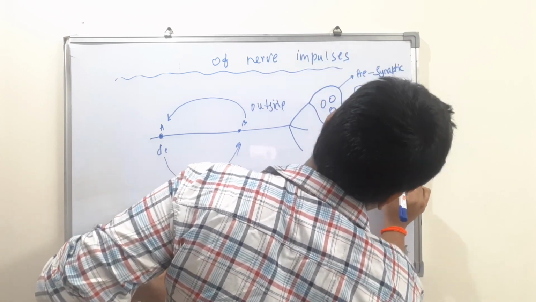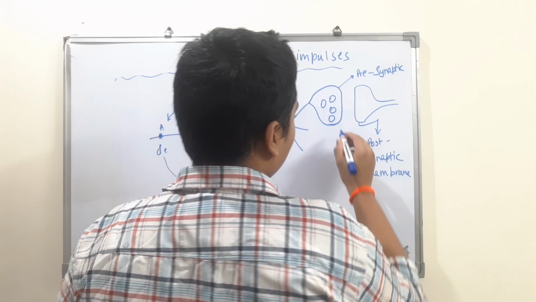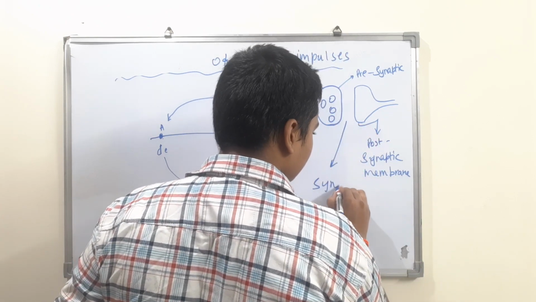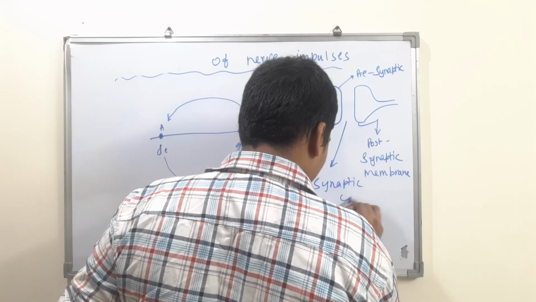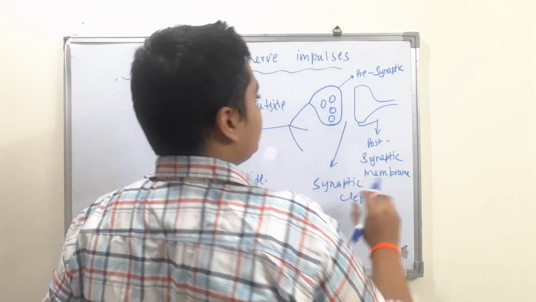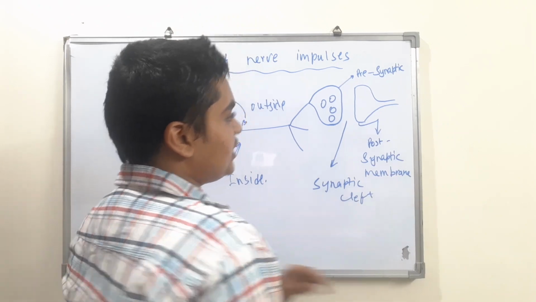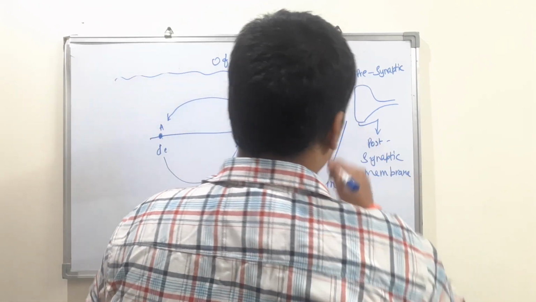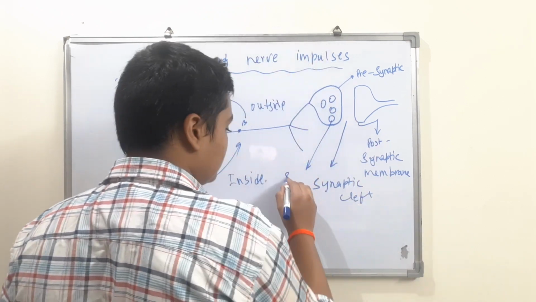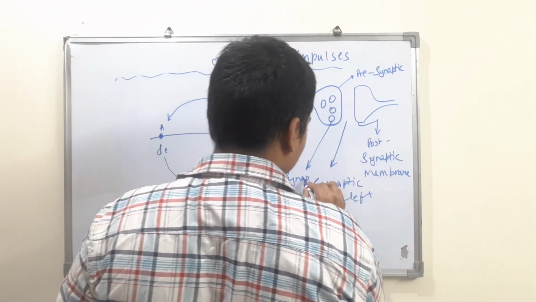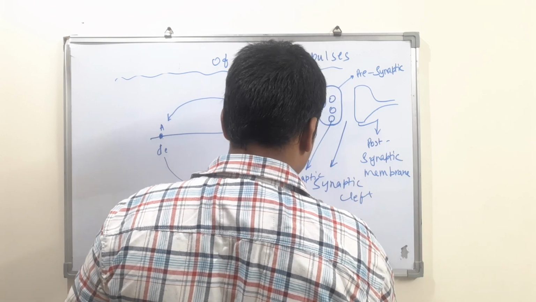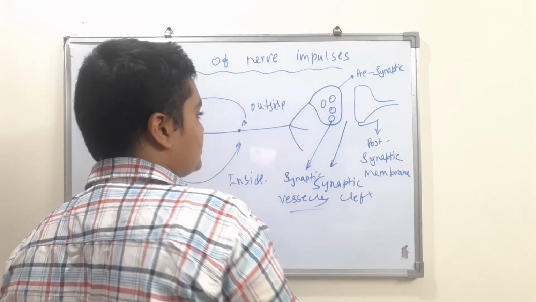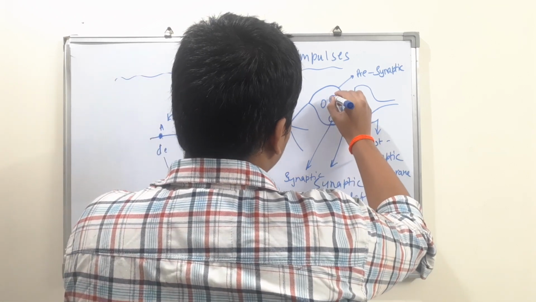Now as this is a chemical synapse which we are talking about, we have a synaptic cleft here. We have seen it in the previous video. This is your synaptic cleft, and these three are composed of the synaptic membrane or synapse. Now what are these bob-like structures? They are called synaptic vesicles, and these contain the